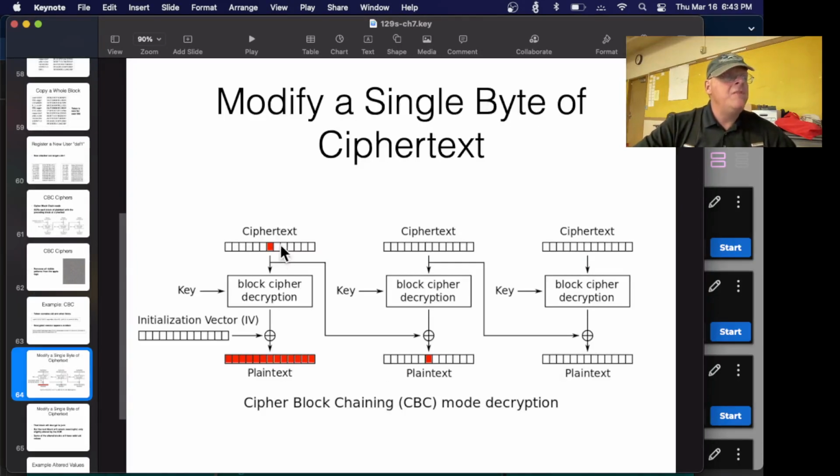But the problem with CBC is when you decrypt it, if you change one byte of the ciphertext, that will ruin this entire block in the decryption, and it will turn into random stuff. But it's used as the initialization vector here, so it's simply XORed here without changing it. So when I change 1 byte here, I only change 1 byte here. That property, I can exploit that property now.